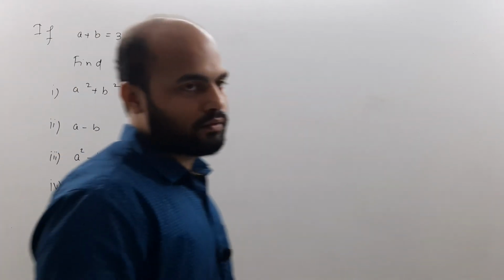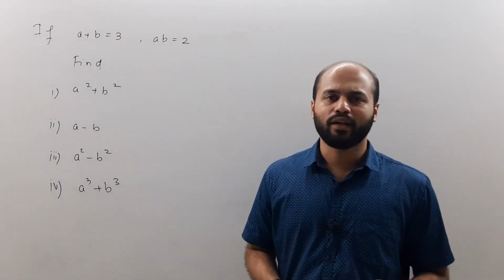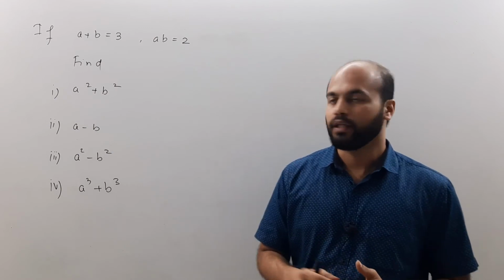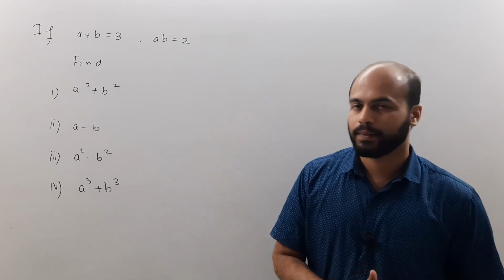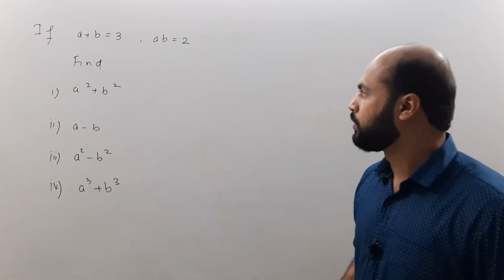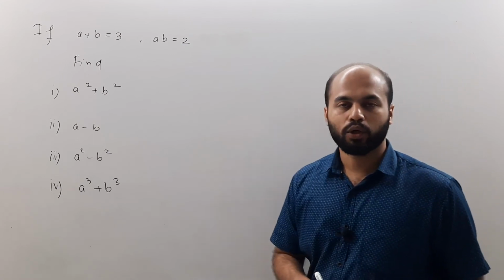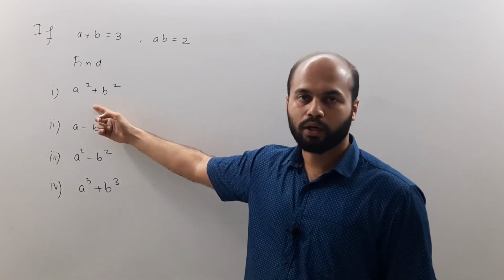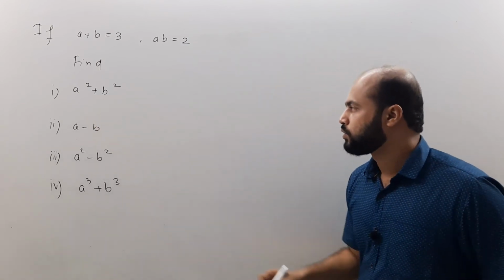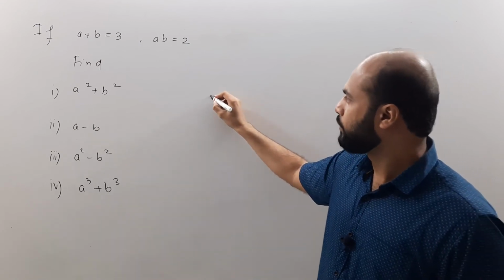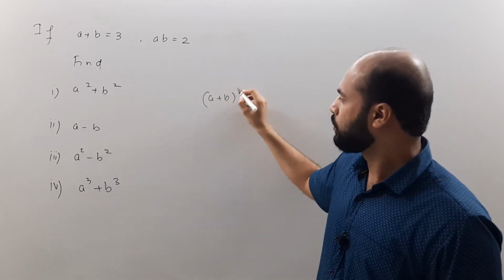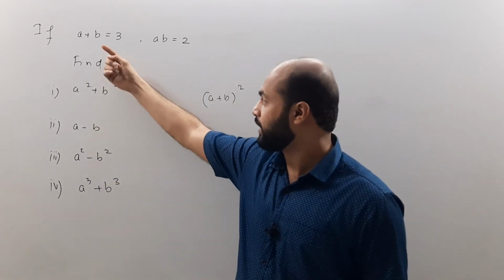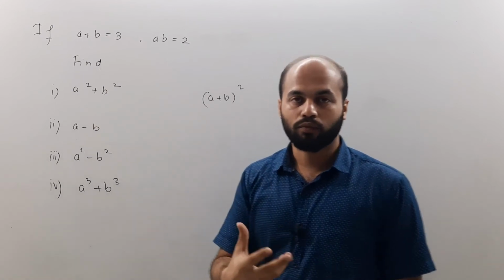Again, we have a slight variation. So now we have the same kind of expressions, same expansions are to be used, and with the help of the earlier expansions only, we have to find the values of these quantities. So let us see in what way we can do it. Now a plus b is given to you and the product, that is a into b, is given to you. So let us see what we can do to this particular quantity. Let's say we want to find a plus b the whole square. Why I'm doing this is because we have to go from this linear term to the square term.